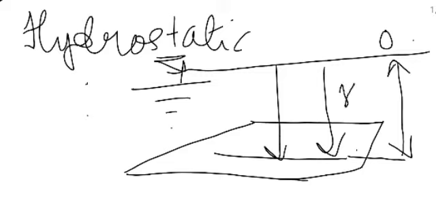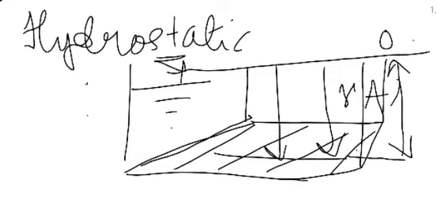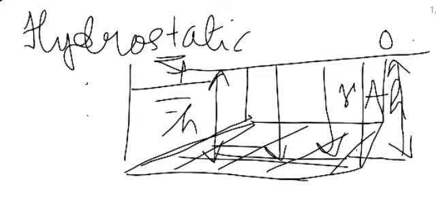Density of water times this area. The area we are considering is this much, times the height. If the height of water held is h, so that is the weight of water within that surface. So the pressure at that surface, all along the horizontal surface, is gamma h. So that is the thing.